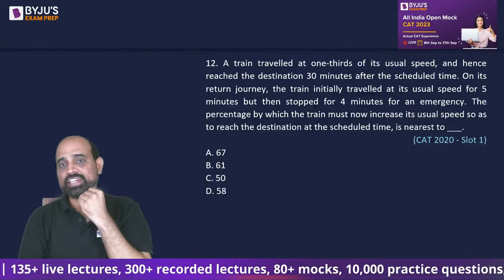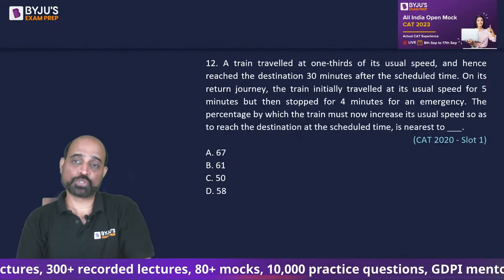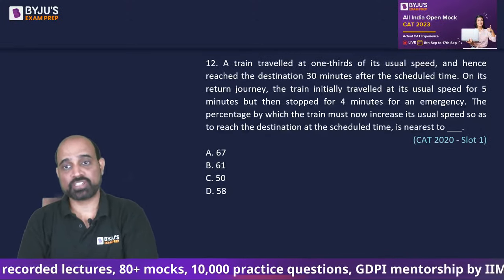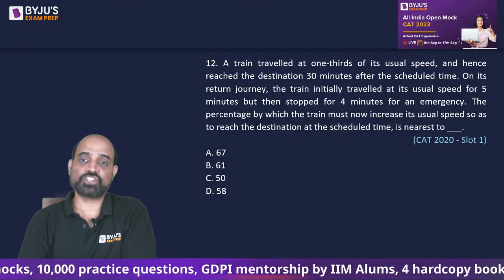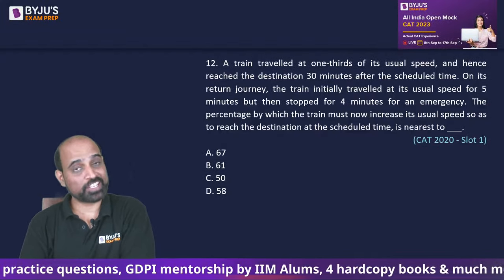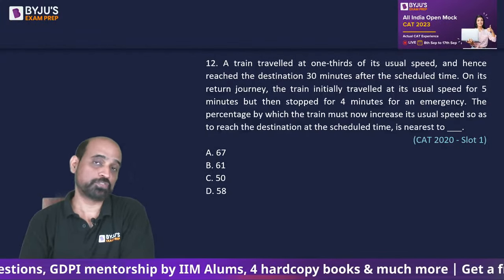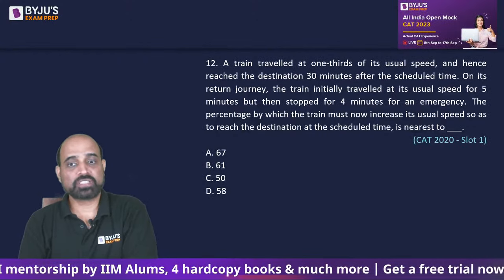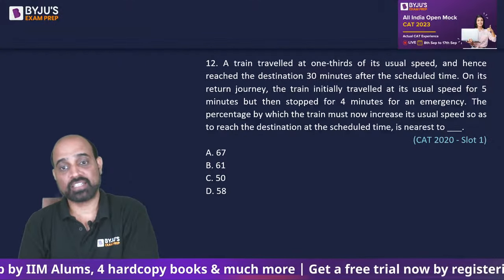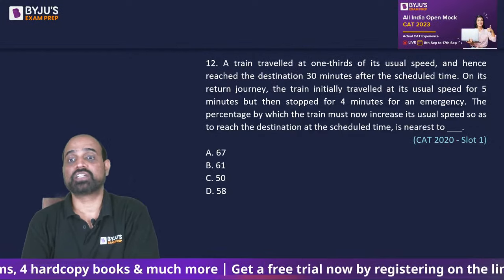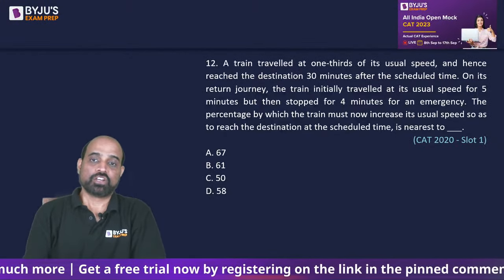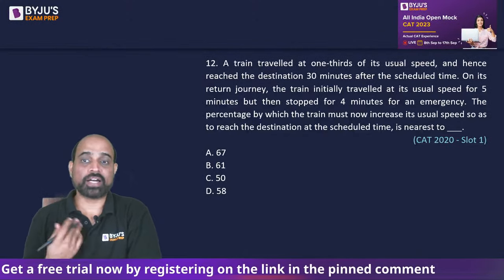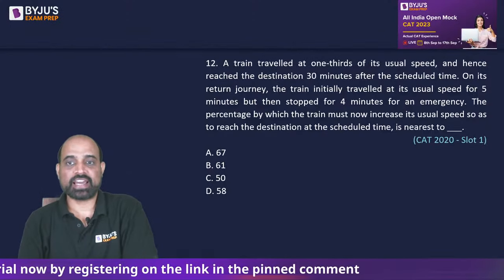Next, a train traveled at 1/3 of its usual speed and hence reached the destination 30 minutes after the scheduled time. On its return journey, the train initially traveled at its usual speed for 5 minutes, but then stopped for 4 minutes for an emergency. The percentage by which the train must now increase its usual speed so as to reach the destination at the scheduled time is nearest to. So since it's talking about 1/3 of its usual speed and then